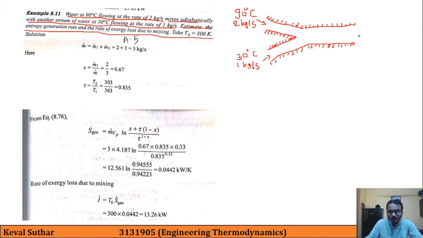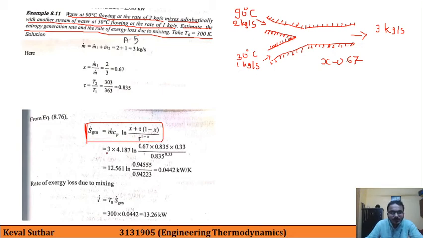So once they are mixed, we will have 3 kg per second based on our continuity law, and x will be m1 dot upon m dot, so it will be 2/3. So this x is given as 2/3 or 0.67, and we are also given the temperature ratio T2 by T1 as tau. And if you recall, we have derived this formula for the mixing problem in the theory portion of our lectures, so we need to directly use this.